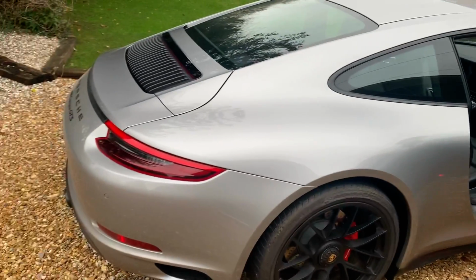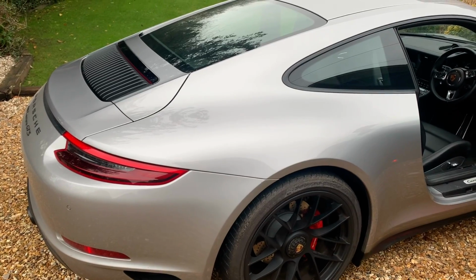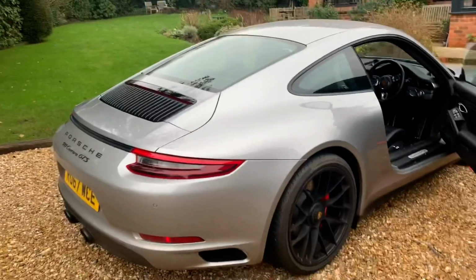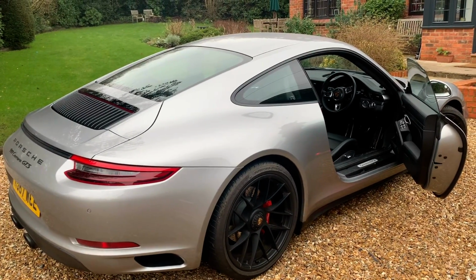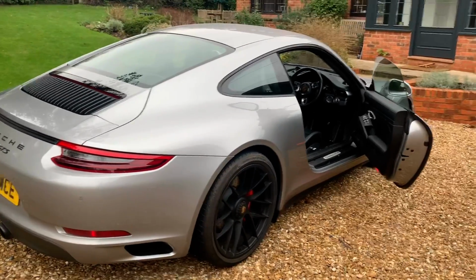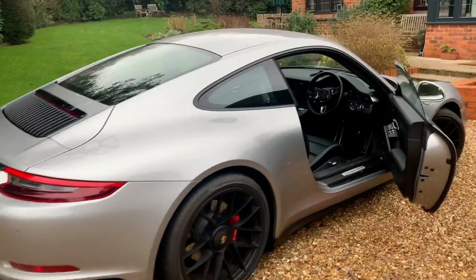This one, versus the 997 C4S, just feels like another step. It's clearly quicker. It does 0 to 60 in around 4 seconds, 194 miles an hour, 450 brake horsepower. It's a proper sports car, and it is a step up from the C4S. But I have to say, I'm comparing to a 997. I'm pretty sure if you were to jump in a C4S